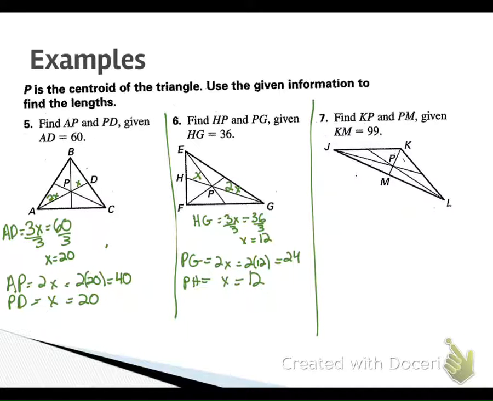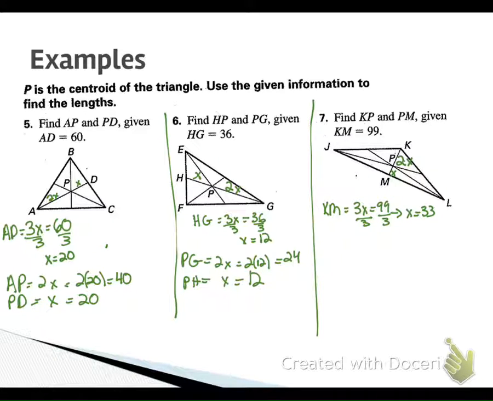So walking through this one, we know that we have KM. KM is 99. We know the top part would be 2x because it's by the vertex. The bottom part is x. So we know that 3x for KM equals 99. So how do we get x by itself? 99 divided by 3 is